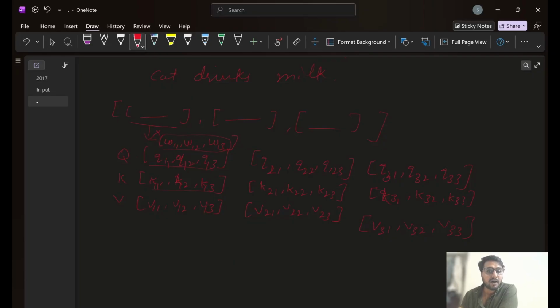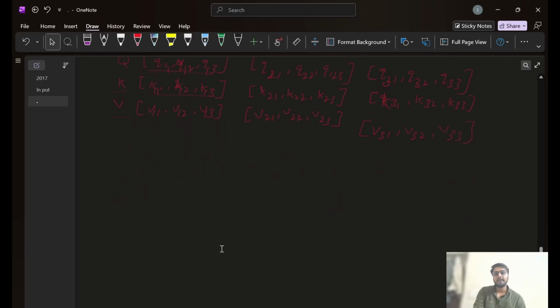I will cover the back propagation part in the next to next video, when we discuss the full transformer architecture. But right now, to understand the attention mechanism, I want you to just understand how these query, key, value vectors are made. They are made by multiplying these random weights by this vector, and then we get our query vector, key vector, and value vector for each word. Okay. So now let's understand